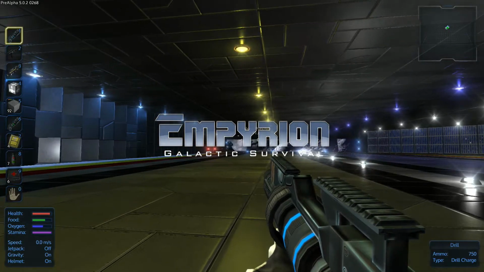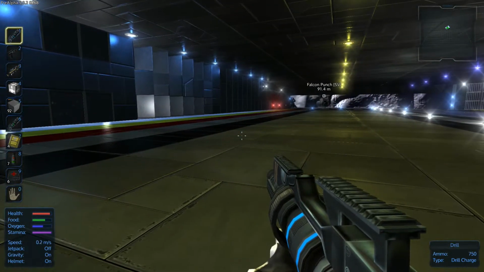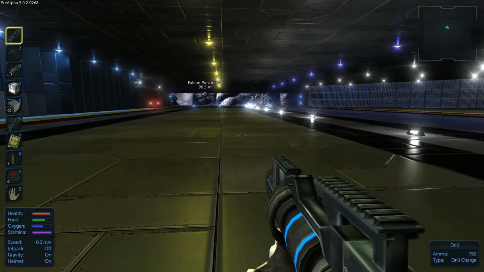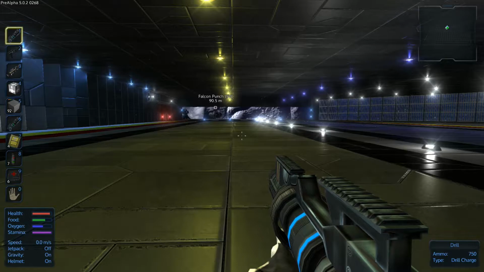Out here with more Empyrion Galactic Survival. And as you can see, we are in orbit over Nimitz. And what we're going to be doing is, while we're standing on the CV, last time we were talking about the small...